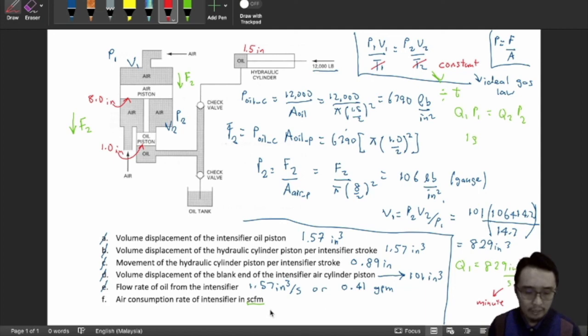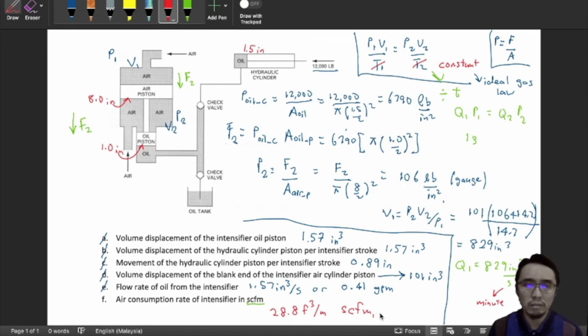You will get 28.8 cubic feet per minute, SCFM. So that's the more lengthy part of the question, which requires you to use a little bit of